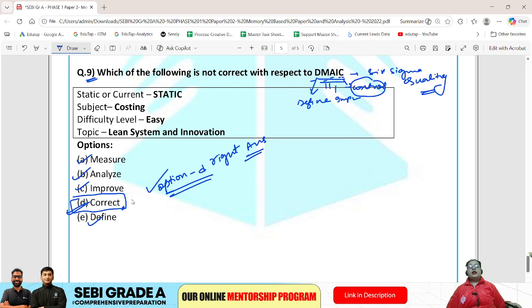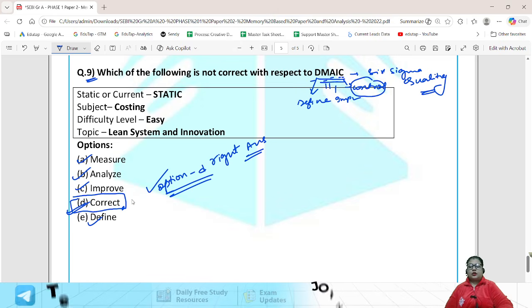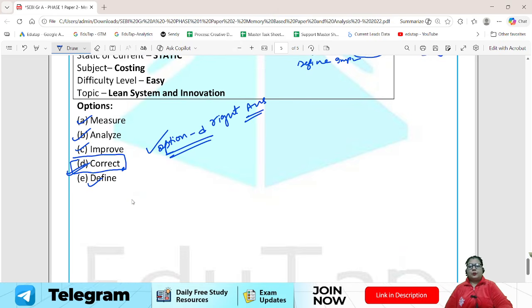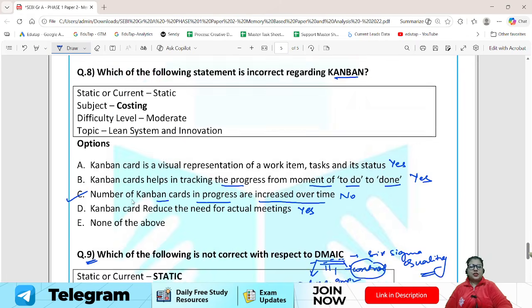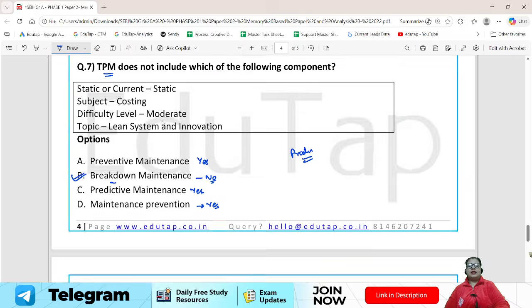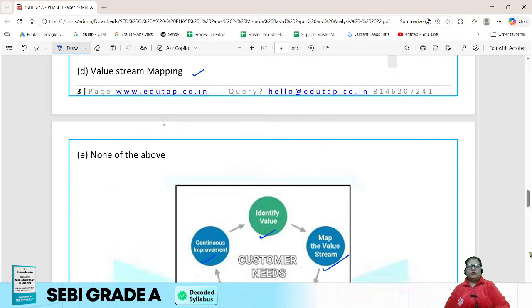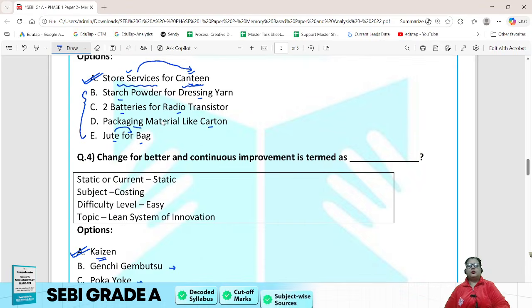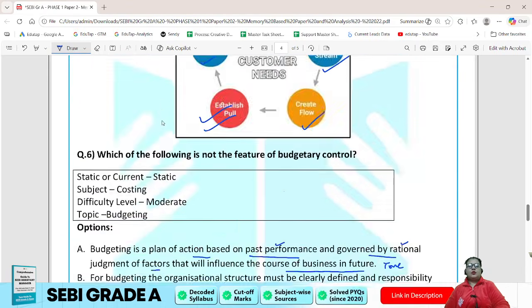ठीक है, सो विद दिस योर कॉस्टिंग क्वेश्चंस आर ओवर. सो आई होप आप लोगों को इजी लगा हो. बहुत सारे क्वेश्चंस डिफिकल्ट नहीं थे. क्वेश्चन नंबर 8 हम कह सकते हैं थोड़ा सा मॉडरेट लेवल का था, आपको थोड़ा सा कंसेप्ट अंडरस्टैंडिंग चाहिए. बाकी सारे क्वेश्चन मेरे हिसाब से इजी टू मॉडरेट में ही हैं, डिफिकल्ट क्वेश्चंस पूछे नहीं गए हैं in your phase 1.